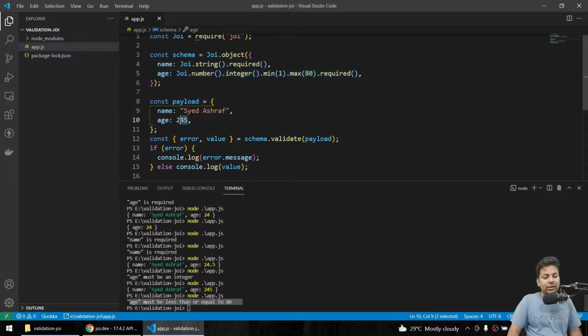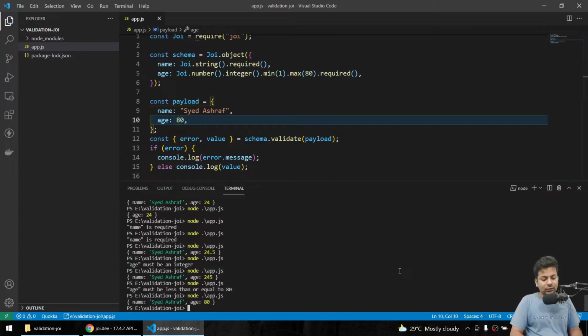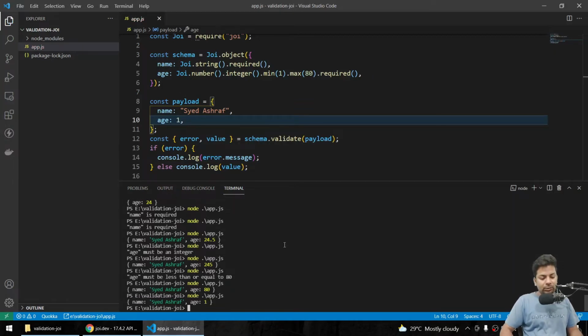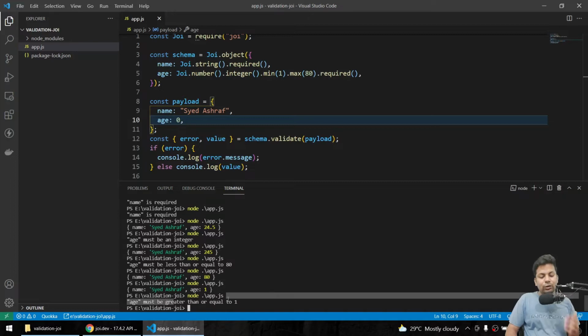If I send 80, see, it got accepted. Now suppose I am sending 1, which is acceptable because minimum is 1. But if I send 0, not acceptable, age must be greater than or equal to 1.